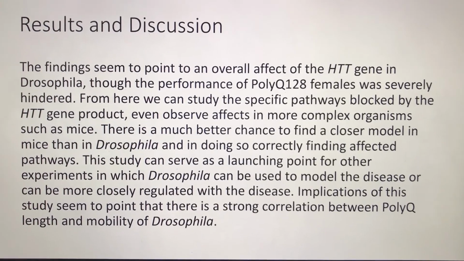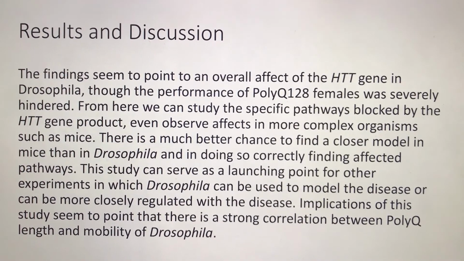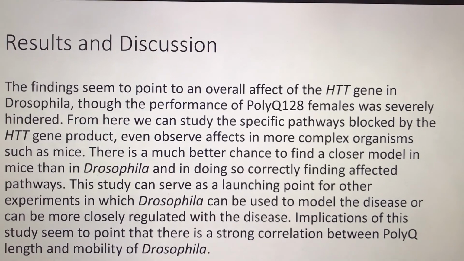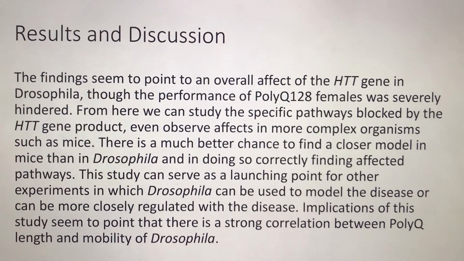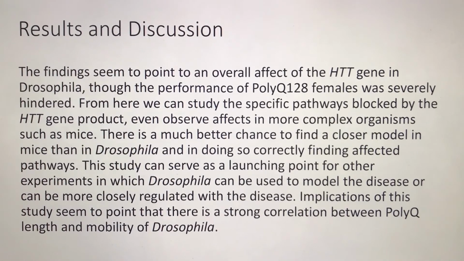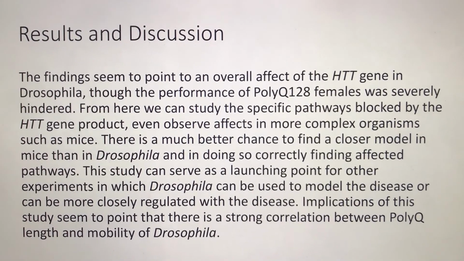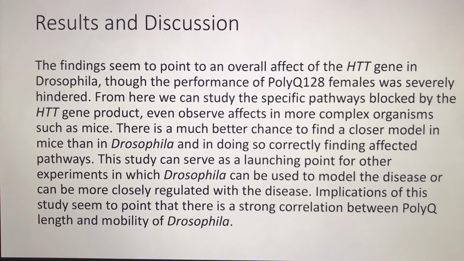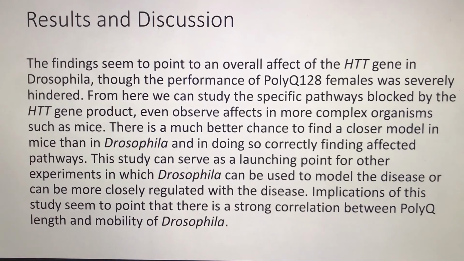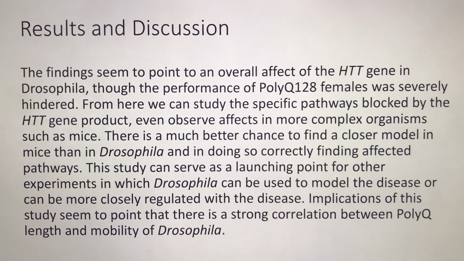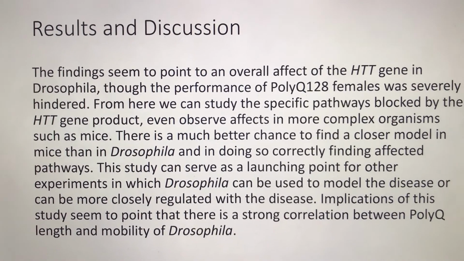What we can clearly see in our results is that the amount of CAG repeats as expressed in the Huntington's gene affects the mobility of the flies heavily. Q128 female flies showed less movement and lower numbers as compared to Q16 and the controls of the males,